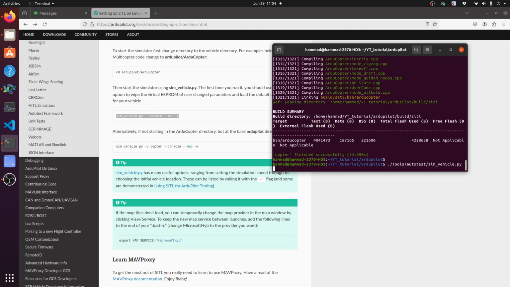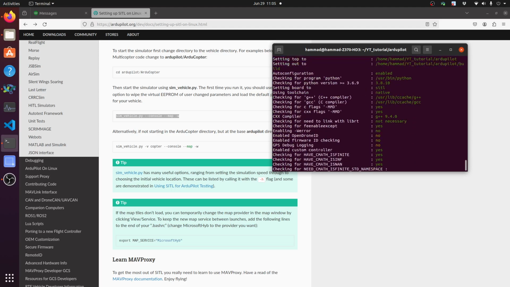So same vehicle, and then we need to pass some arguments, like first we need to define what type of vehicle we are going to use. So in our case this is the copter. You can also write the complete name ArduCopter. This is the same, right? So that's ArduCopter. The first A and C letters are capital, and then we need to define what type of modules we want to use. So we will be using the console. It is the same as you see on the mission planner to visualize all of the data. So that's the console, and then we also need the map here. Okay, so these two are enough.